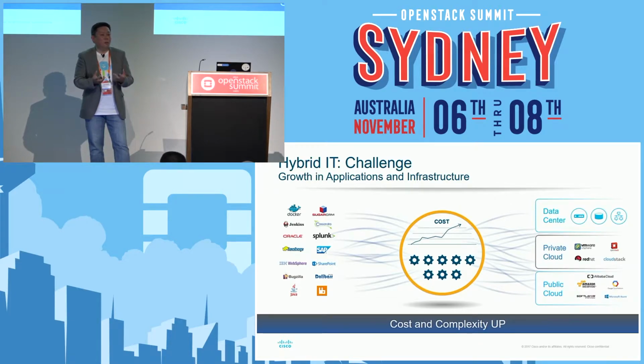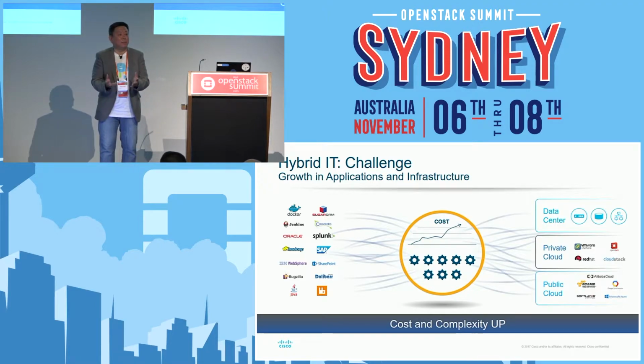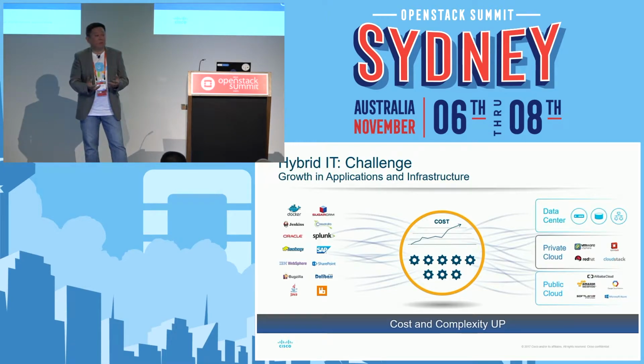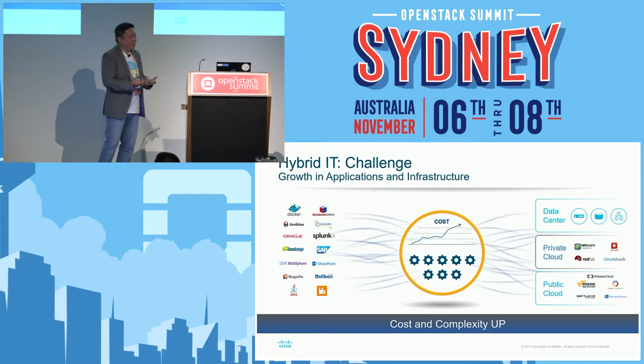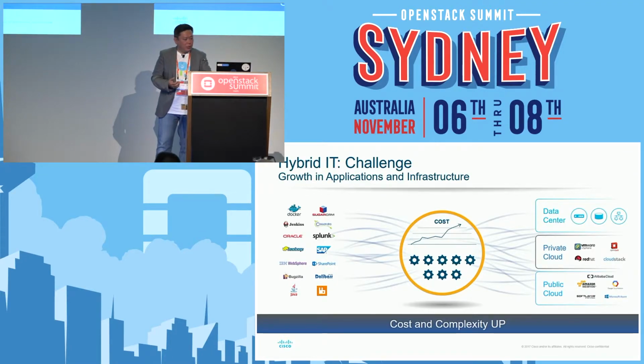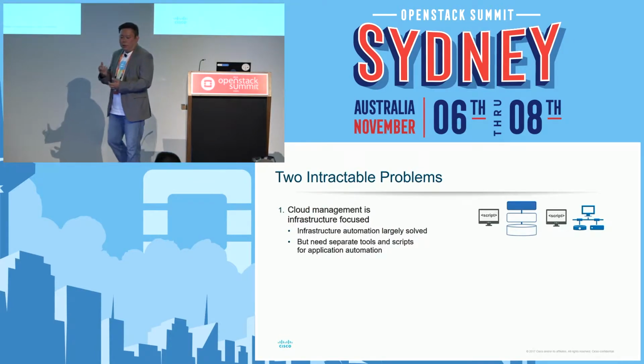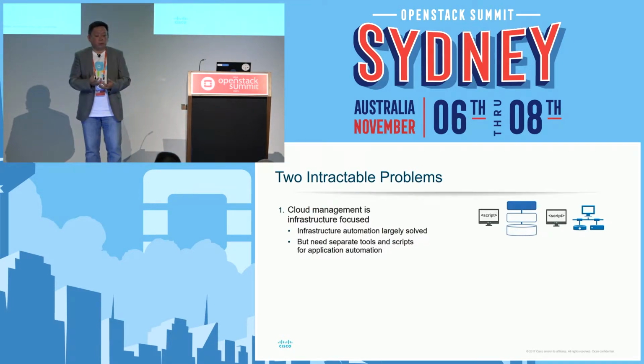But they all start to think that I need the expert. I need to know every single service. I need to map it to my business. And a lot of times they find that they might be able to map maybe 70%, 30%, but not everything. So how do you actually make sense out of it? Cisco has actually provided a solution for that. But let's look at two intractable problems.